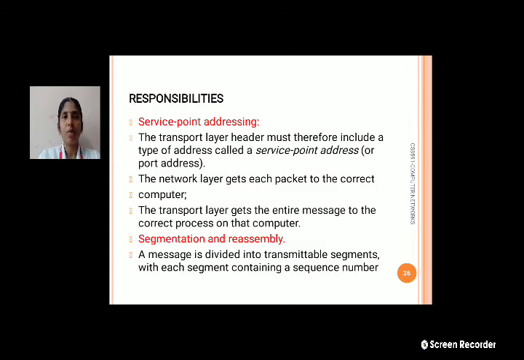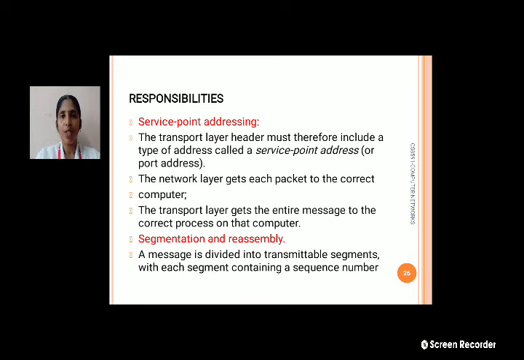The responsibilities: first is service point addressing. The transport layer header must therefore include a type of address, which we call a service point address. So the network layer gets each packet to the computer and the transport layer gets the entire message to the correct process on that computer. That is the major difference between the network layer and the transport layer.